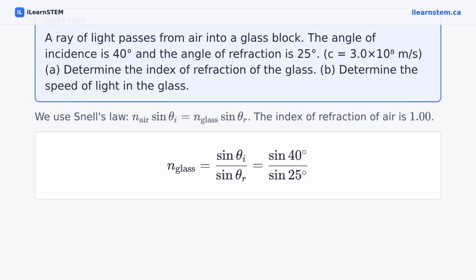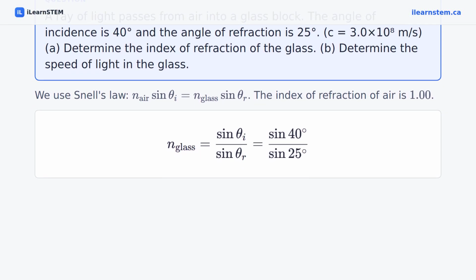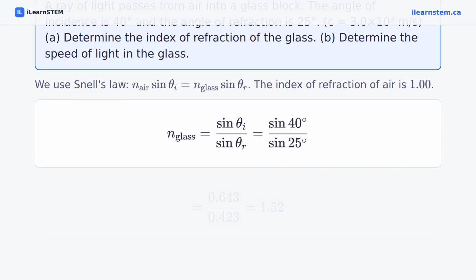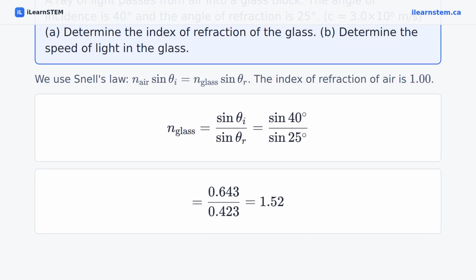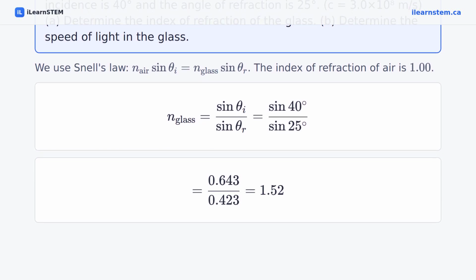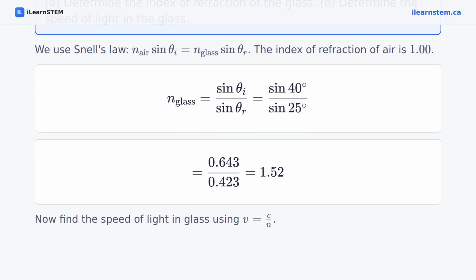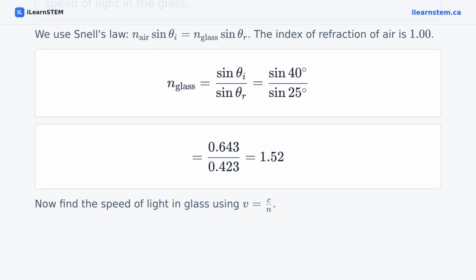Solving for n glass, we get n glass equals sine of 40 degrees divided by sine of 25 degrees. Sine of 40 degrees is 0.643, and sine of 25 degrees is 0.423. Dividing gives 1.52. Next, we find the speed of light in the glass using the formula V equals C over